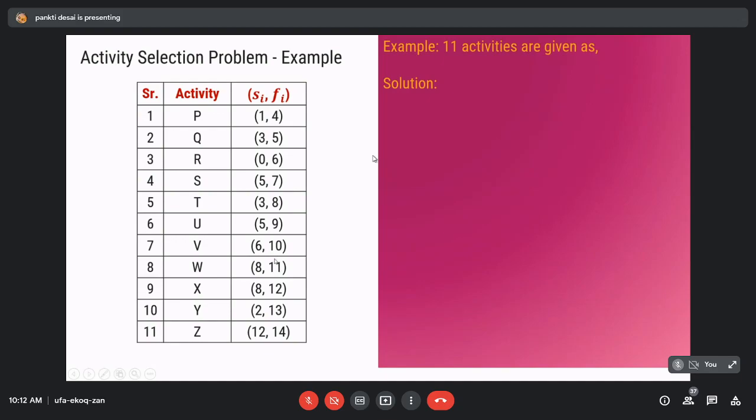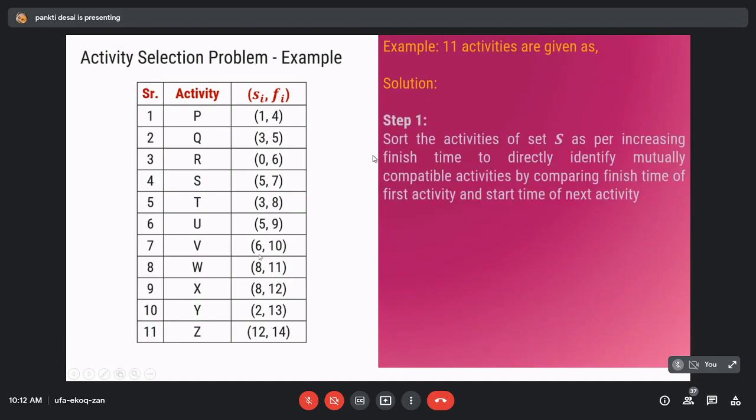Step number 1 is to sort the activity set S as per increasing finishing time, to directly identify mutually compatible activities by comparing the finishing time of the first activity and the start time of the next activity.